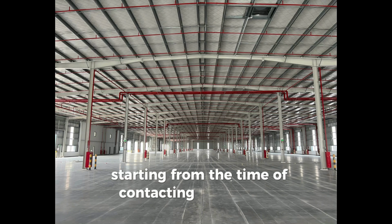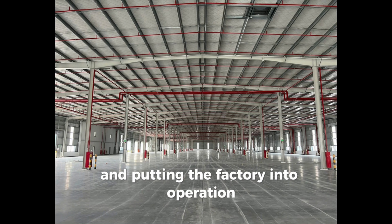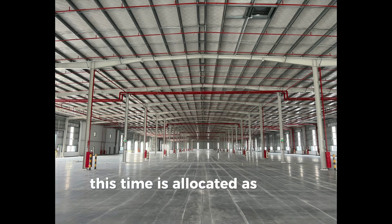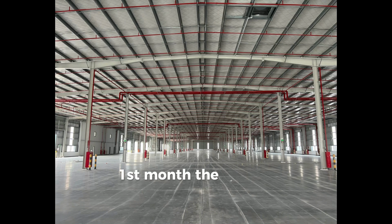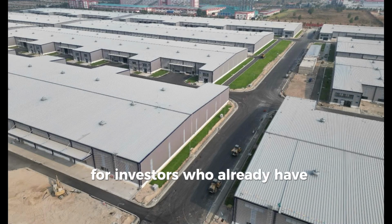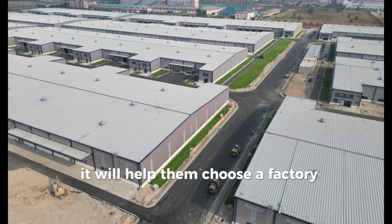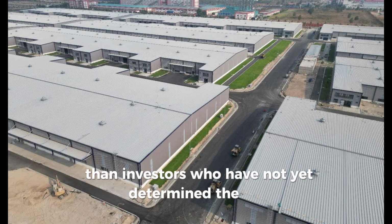Starting from the time of contacting the investor until the completion of the licenses and putting the factory into operation. This time is allocated as follows. First month, the investor determines the area, production industry and the area where the factory is located. For investors who already have customers and partners in a certain place, it will help them choose a factory faster than investors who have not yet determined the area where the factory